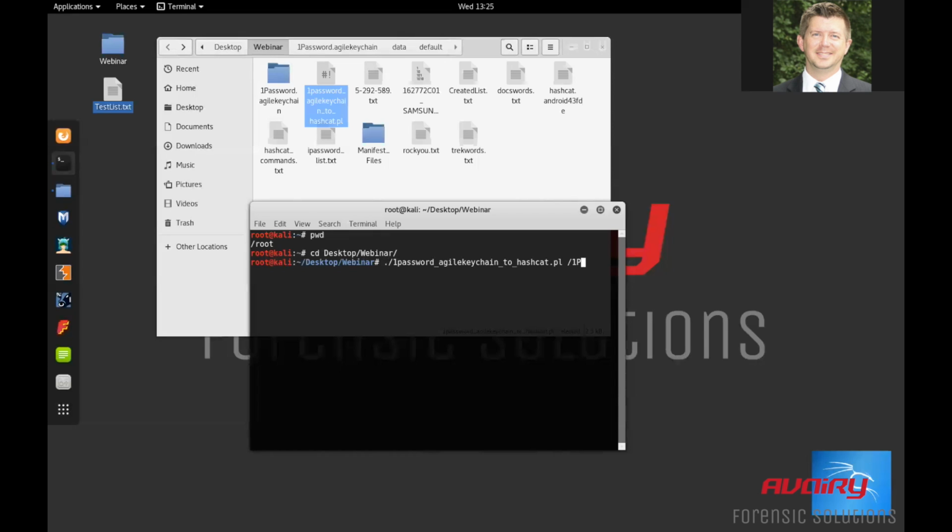Let's do this 1password. Let me make sure I got this right. Oh, it's not going to do it right here. So 1password keychain. There we go. And I know in there's one called data or default something. There is data. Another one's called default. And this one then is the encrypted keys